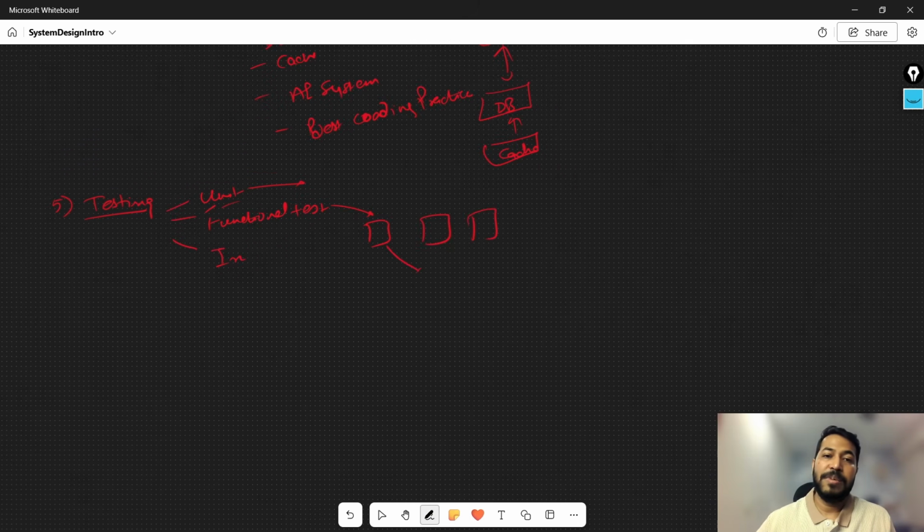Then as a part of integration testing, we will be testing it as a whole and see as a system how these modules all together are working. Are they working as expected or not? So this is the integration testing. Okay, then there is a topic like system testing. Then there are things like